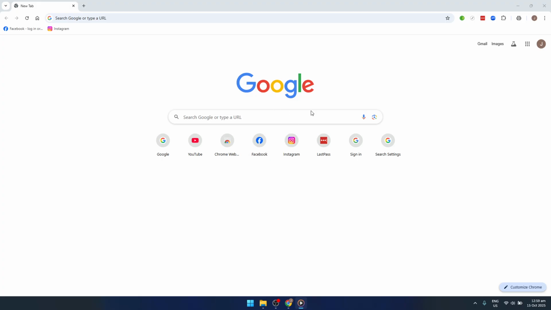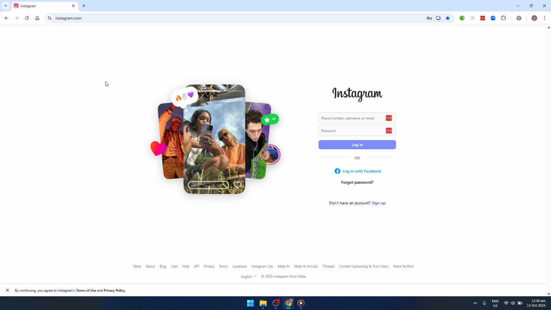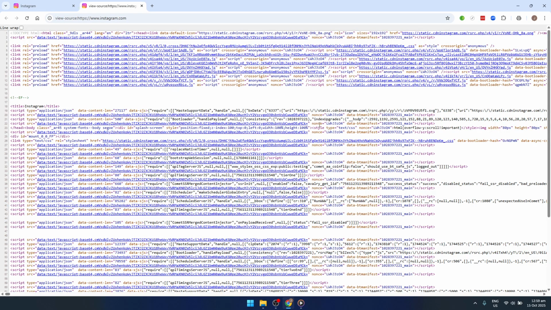in analyzing. Once the website's homepage is fully loaded, you'll have a couple of options to view its source code. A straightforward way to do this is by right-clicking anywhere on the page. When you do this, a context menu will appear. Look for the option that says View Page Source and click it. Selecting this option will immediately open a new tab in Chrome, which displays the entire HTML source code of the